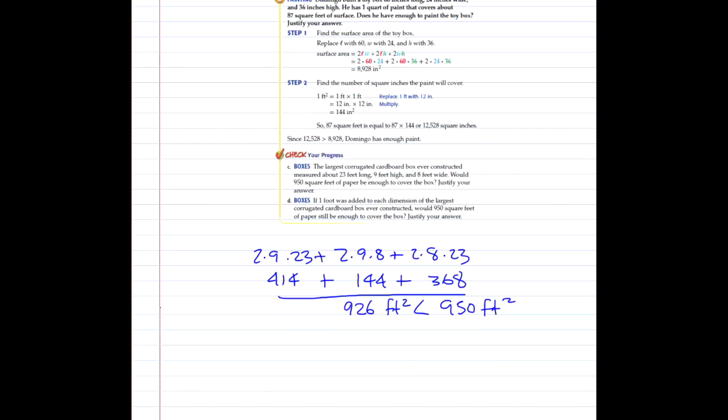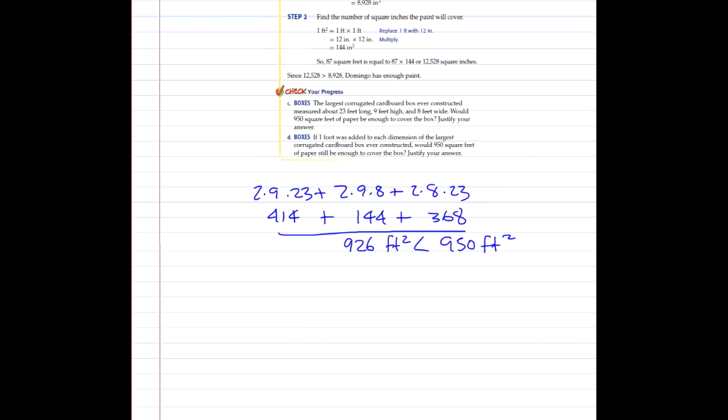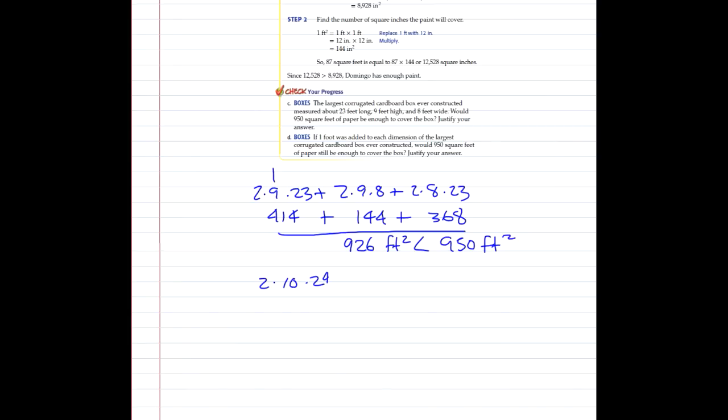If 1 foot were added to each dimension of the largest corrugated cardboard box ever constructed, would 950 square feet still be enough to cover? Well, we're going to change this to 2 times 10 times 24. You can see I've added 1 to both of these. I'm going to add 1 to both of these, and I'm going to add 1 to both of these. So it's 2 times 10 times 24 plus 2 times 10 times 9 plus 2 times 9 times 24, which gives me 480 instead of 414, 180 instead of 144, and 432 instead of 368. When I add them all up, I get